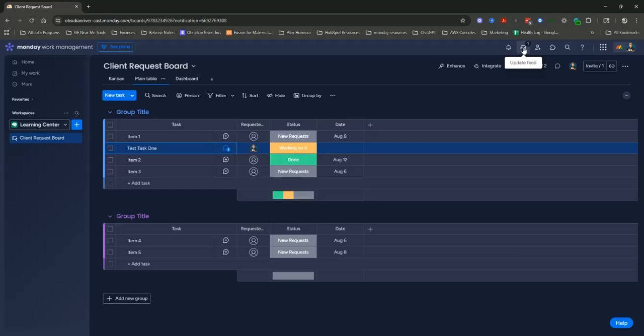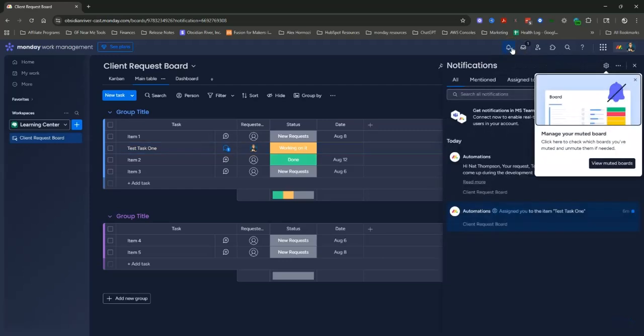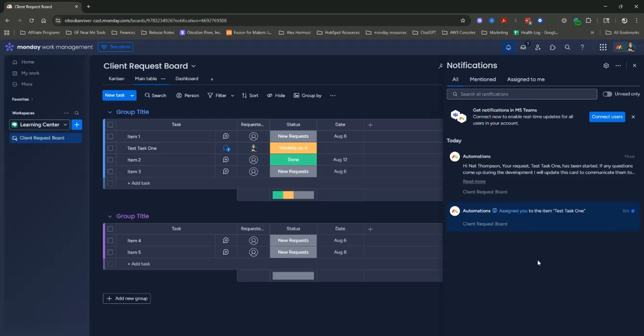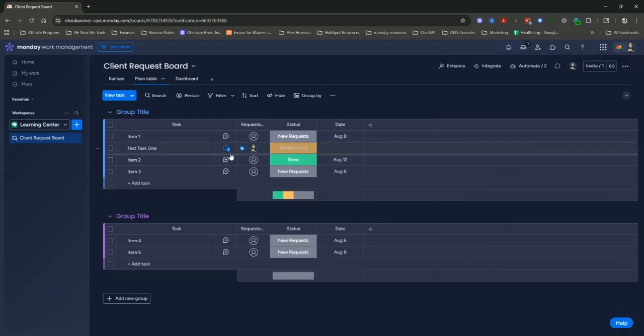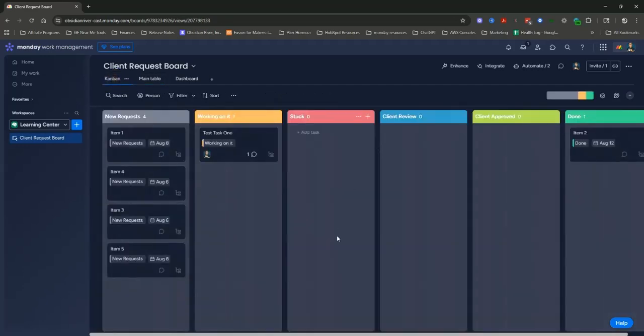Your request has been started. If any questions come up, I'll update this card to communicate them with you. So notifications are there, and they'll get an email notification with the same if they've set up their email to receive those updates. So we'll go back to the Kanban,